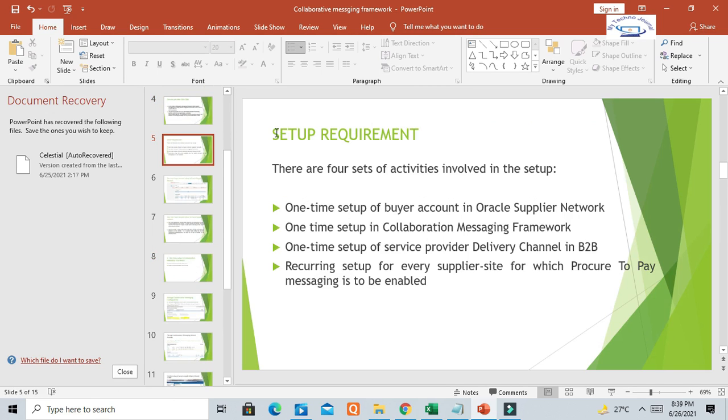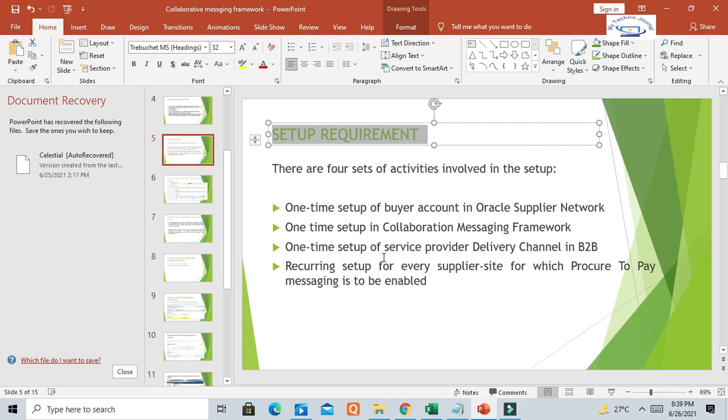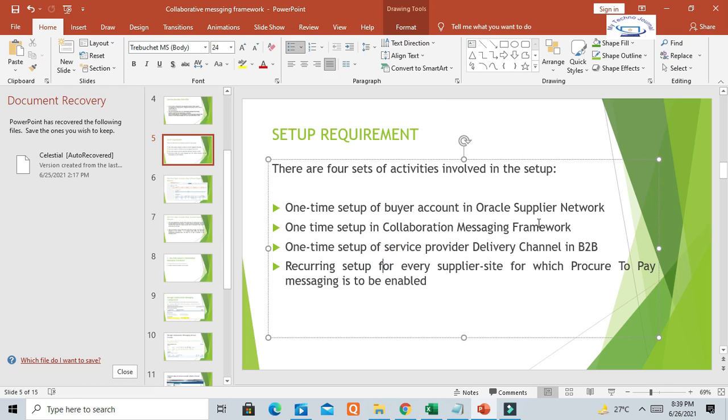So, setup requirement: one-time setup for the buyer account in Oracle Supplier Network. As I explained, the organization implementing Oracle collaboration messaging needs to register themselves into the Oracle Business Network.